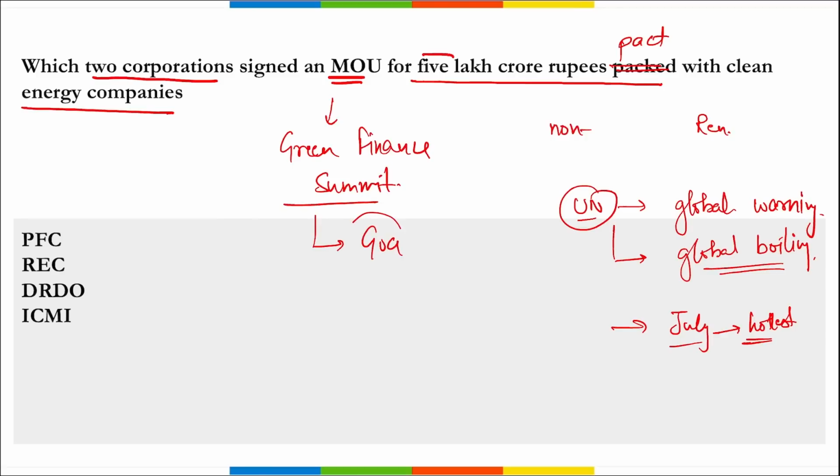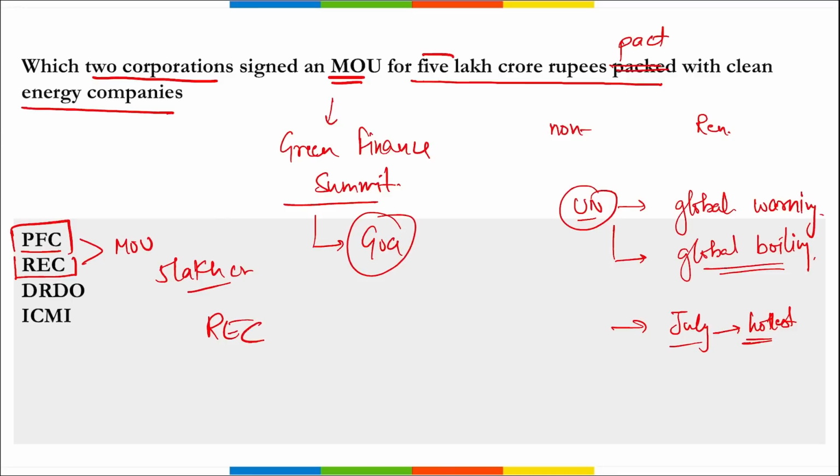This was held in Goa. So it is your PFC, that is Power Finance Corporation, and your REC, that is Rural Electrification Corporation. They signed an MOU worth 5 lakh crore rupees, and that is with renewable energy, or we can say clean energy